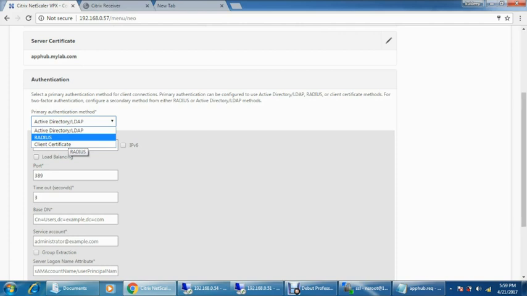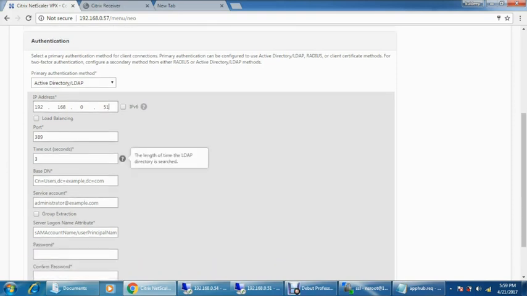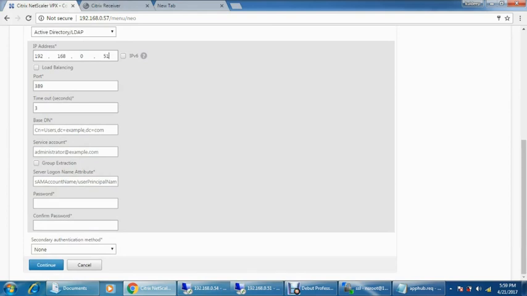LDAP, which uses the port number 389. By default you can see the port number over here. So for the one single authentication, we have to select the LDAP. But in the organization, they use the dual authentication. It could be radius, TACACS, or the LDAP. So whatever they use, they can use with the LDAP server. So choose the LDAP and the